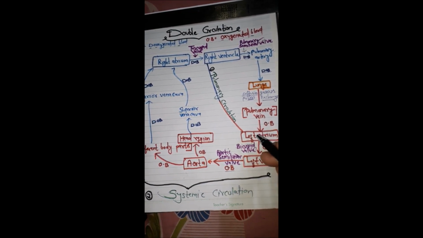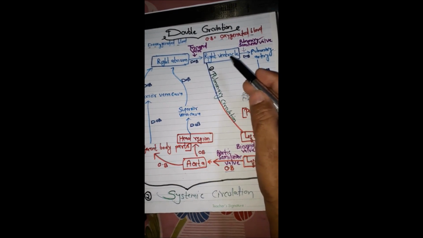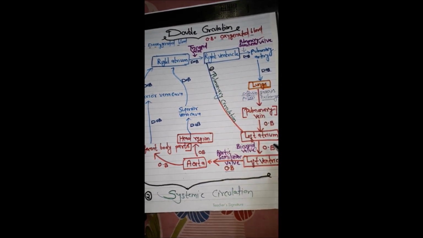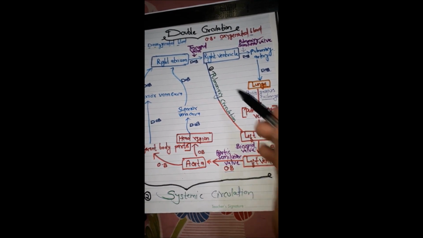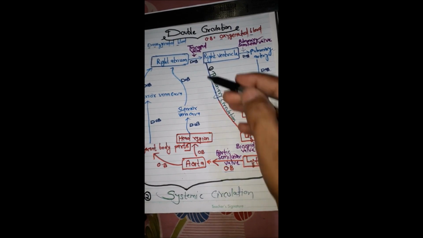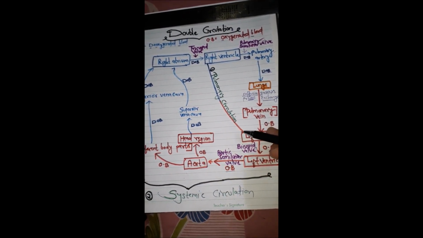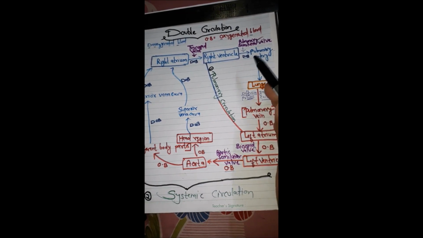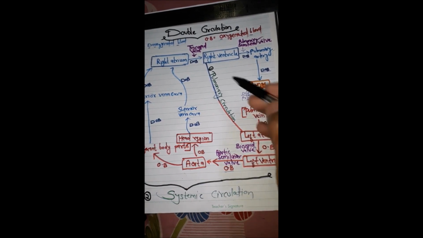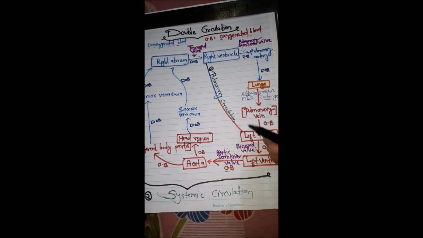Here one other thing to notice is the circulation from the right ventricle to the left atrium. Once again, I am repeating this. The circulation from the right ventricle to the left atrium is known as pulmonary circulation, because here the names pulmonary artery and pulmonary vein are used. Hence, the circulation from the right ventricle towards the left atrium